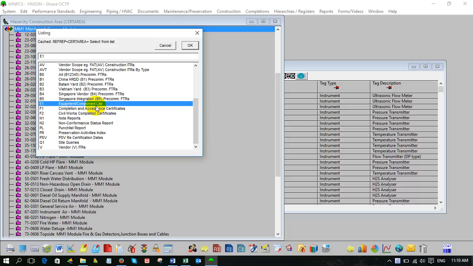So you don't worry. This one will automatically generate for you. If you see yellow,